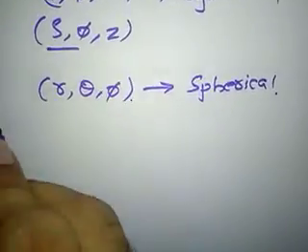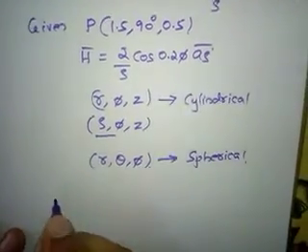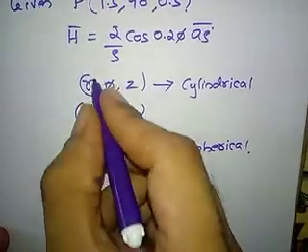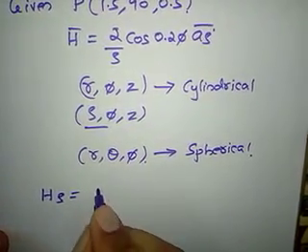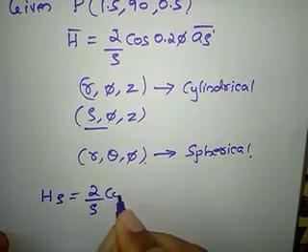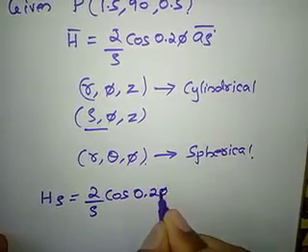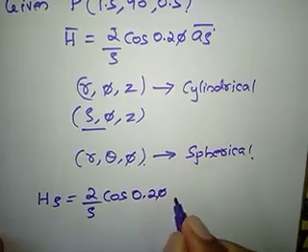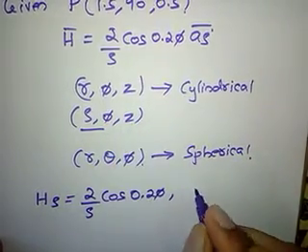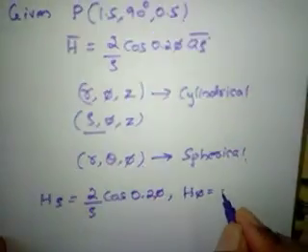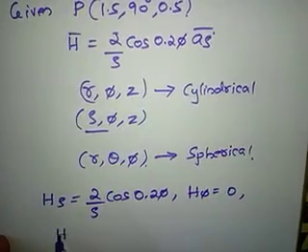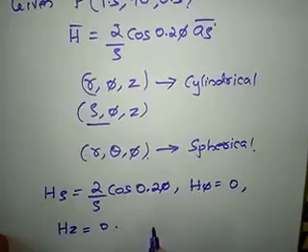So here as H bar is given, what are the components then? H rho is given, 2 by rho cos 0.25. Then what is the phi component? H phi component is not given in this H bar, so it is 0. Similarly the Z component is also not given, so that is also 0.